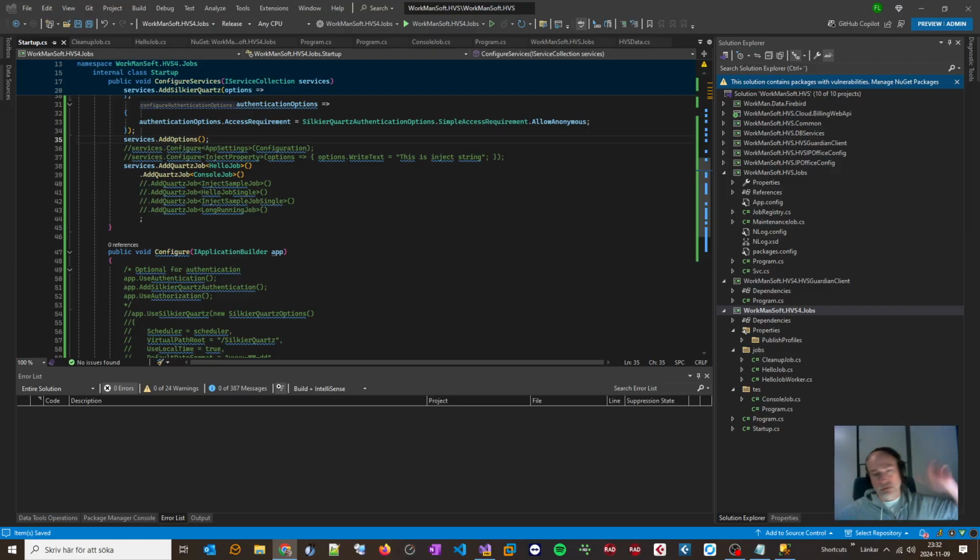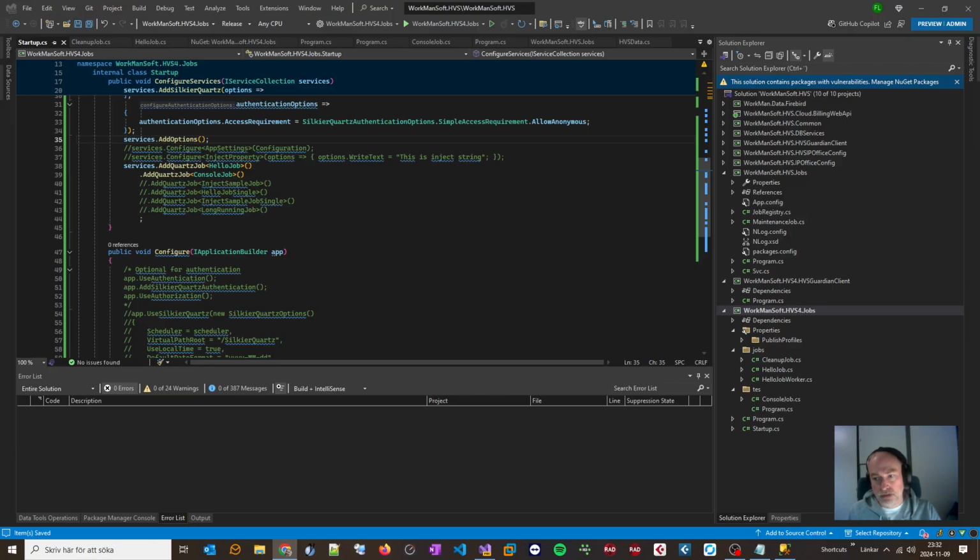Have the basics. That was what I liked about Fluent Schedule. It was really simple, and this is more or less a more advanced scenario. I think that they should have